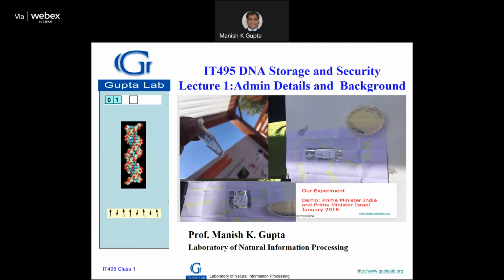this is a picture where we actually store data in bacteria and the DNA, and we demonstrated it to the Prime Ministers of India and Israel in 2018. So, that picture we are showing here. So, this course is for an emerging area